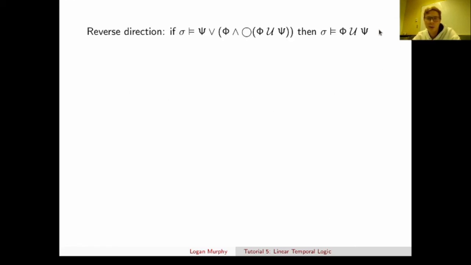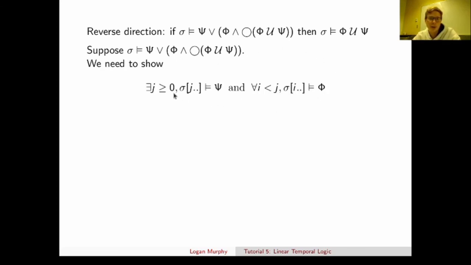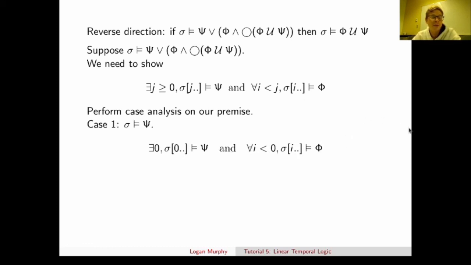Okay, now I'll quickly sketch out the reverse direction. Take as your premise sigma satisfies psi or this conjunction, and show that sigma satisfies phi until psi. If you take your premise here, you need to show that by the semantics of the until operator, there exists some j such that sigma j satisfies psi, and for any i less than j, sigma i satisfies phi. Again, since our premise is a disjunction here, we'll do a case analysis on our premise. In the first case, if our premise is that sigma satisfies psi,